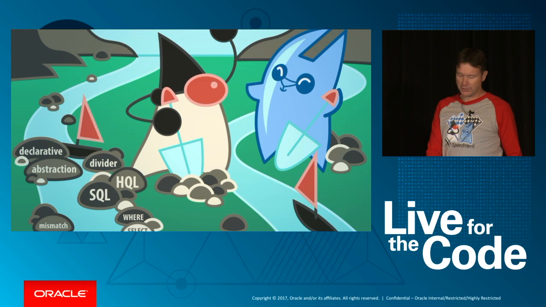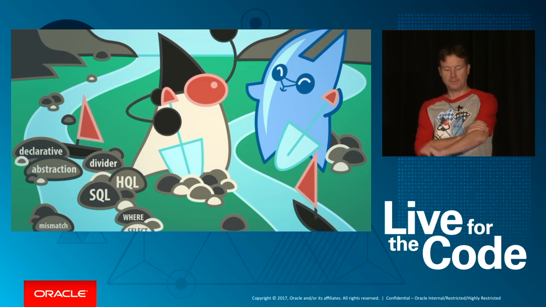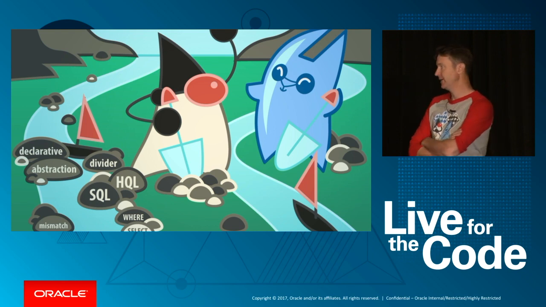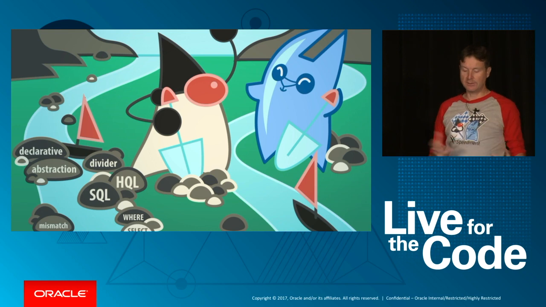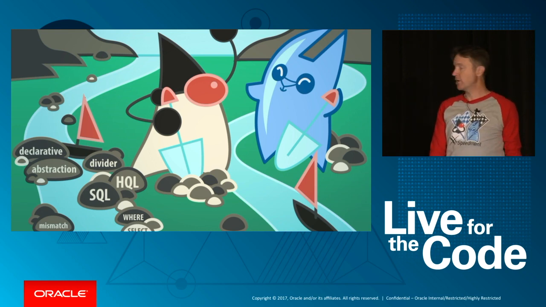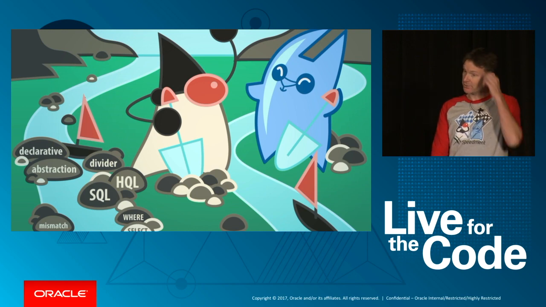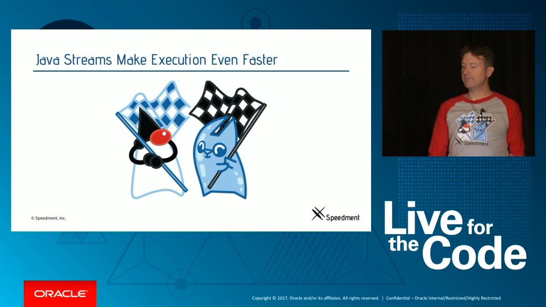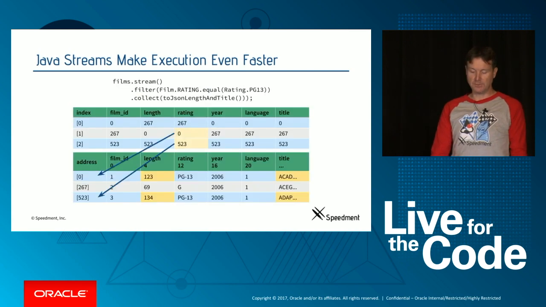So this is a picture showing the previous way of doing things when we mix SQL and Java. And that creates, of course, a lot of problems because they are inherently different. Whereas in the right-hand stream, we use just Java and express things with streams and functional programming, which, of course, gives a better flow. And using Java streams actually makes execution even faster. So let's dive into one example.